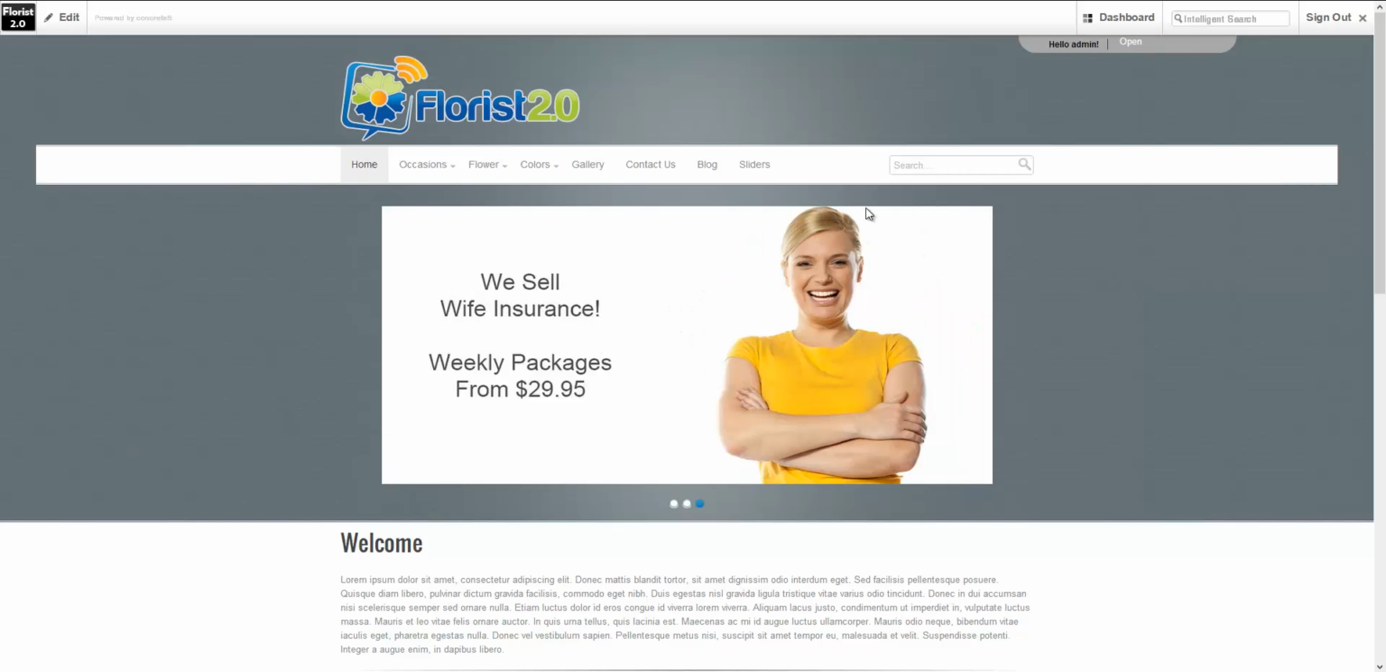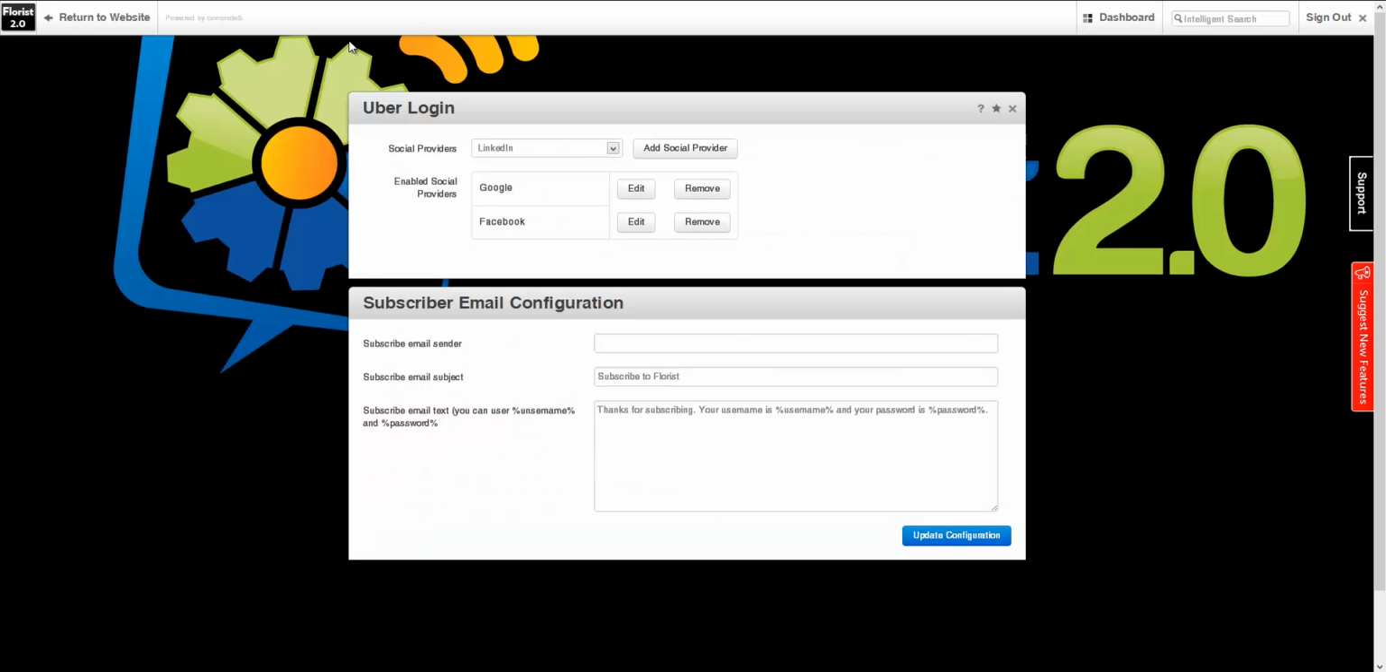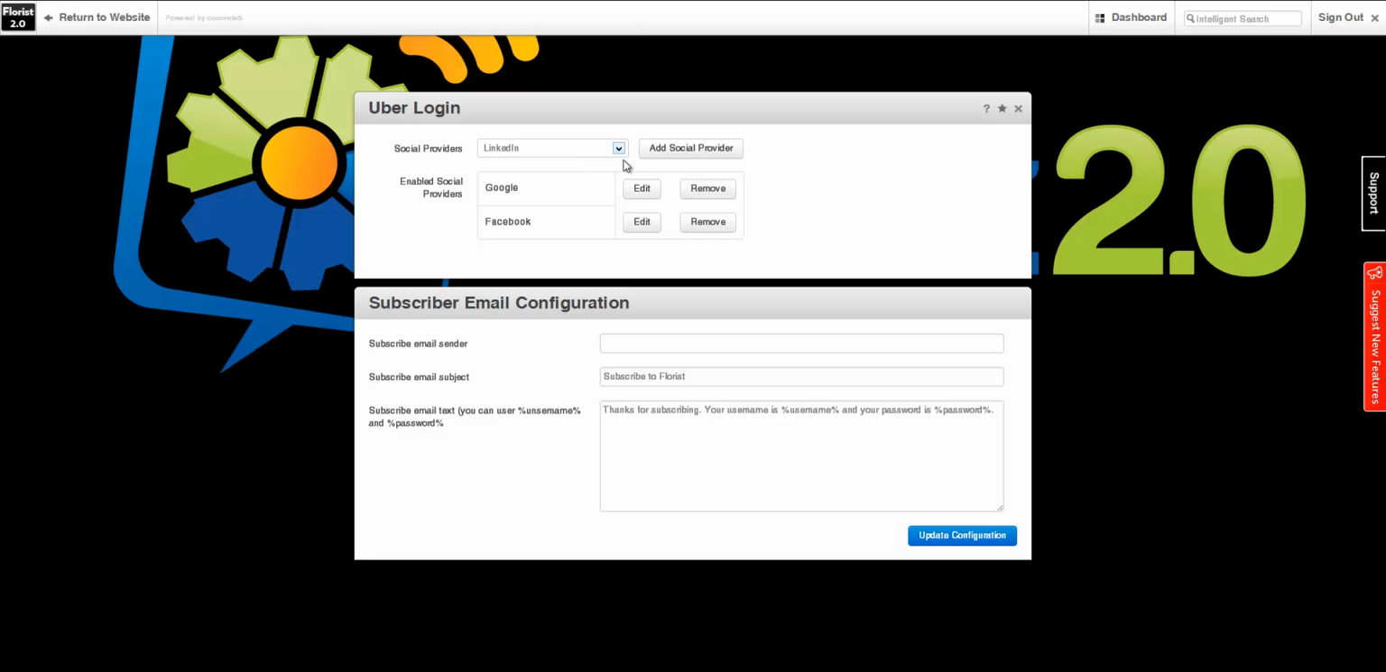In the back end, jump over here, that's how the Uber Login sets up. So we've got a whole list of the different services that we interface with. So we've got Yahoo, AOL, MySpace, Twitter, Windows Live,